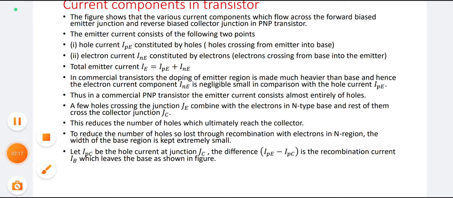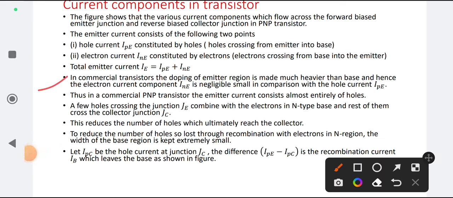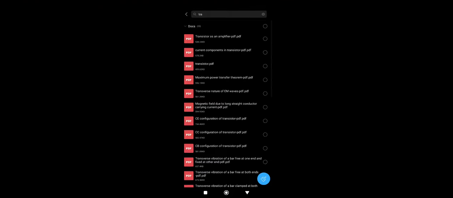Next, in a commercial transistor, such as in systems or in computers or in mobile phones, the doping of the emitter region is made much heavier than the base. And see here, the doping level of the emitter in a commercial transistor is very much higher than the base. Hence the electron current component INE,